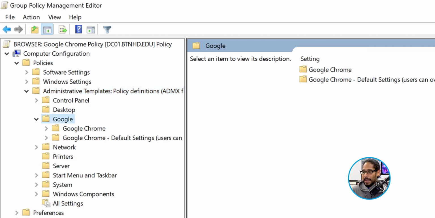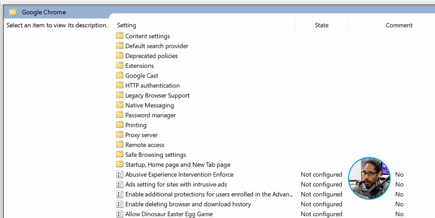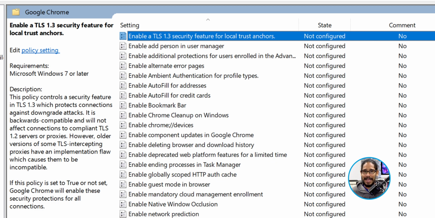Now, within Google, I clicked inside Google Chrome and I basically sorted all the settings and I was trying to locate enable high efficiency mode. Again, I have to look at my notes. It wasn't there. I sorted everything out. I was looking, I was like, no, the option is not there. So I was wondering why I did not have that option. I did a little Googling and it looks like that high efficiency mode was pushed out maybe a year or 2 years ago. So I said to myself, how old is my template?